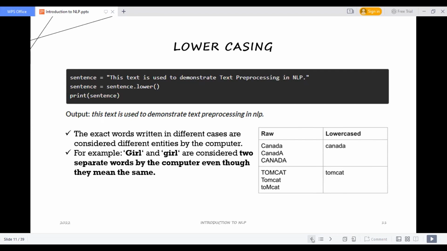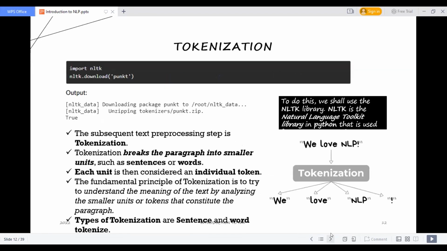Tomcat is also written in different ways, and we will convert the same. You can see how we can do this: we have a function in Python, sentence dot lower, where sentence is the variable in which the data is stored. So basically, this is the very first step.